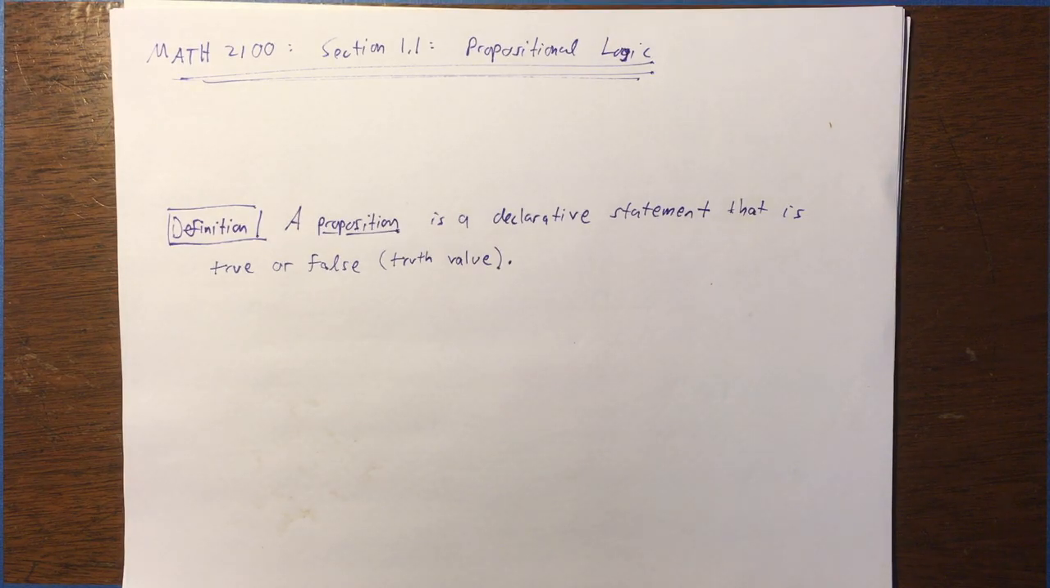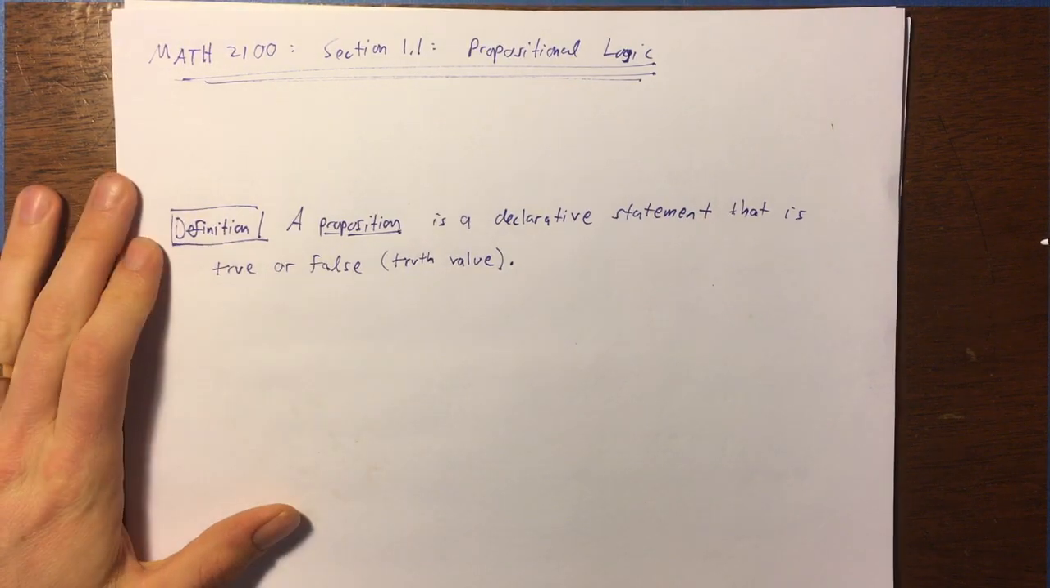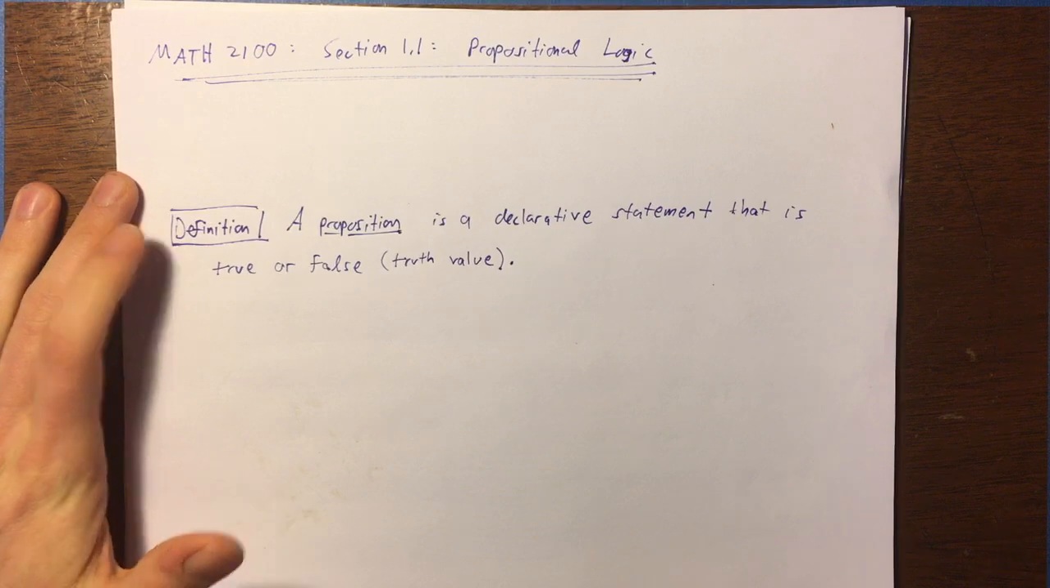All right, discrete mathematics, folks. First section, section 1.1, introduces something called propositional logic. So I've got a definition written up here. A proposition is a declarative statement that is true or false. It's a truth value. Before we get into talking about examples, I want to motivate the study of this subject